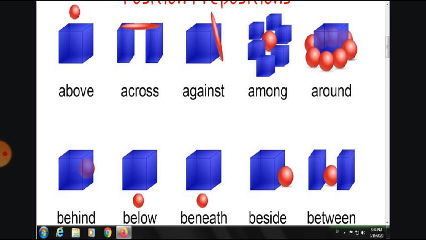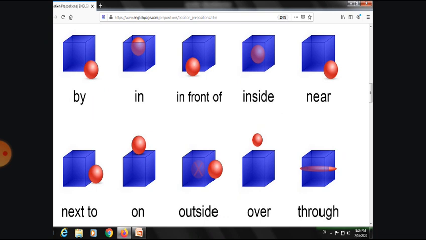Dear student, even we talked about between and many more prepositions are there. So let's talk about by. By as a preposition can be used whenever something is near to other thing without touching, or if something is by the side of other thing, you can use by as a preposition.